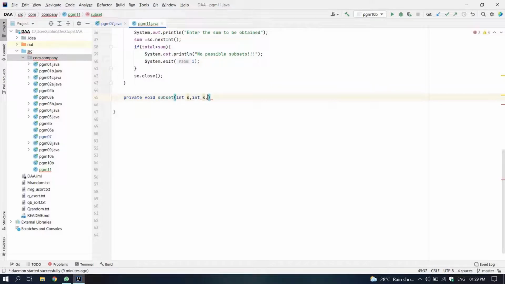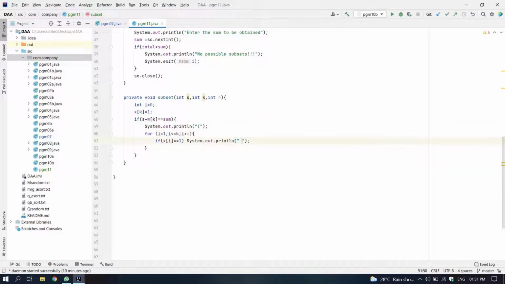So as we are having the data now, we will write our subset method. Our subset method is a recursive method in which we will check for all the possible conditions. First will be, if we got the answer, that is if s plus w[k] is equal to sum, then we will print all the elements which are included.